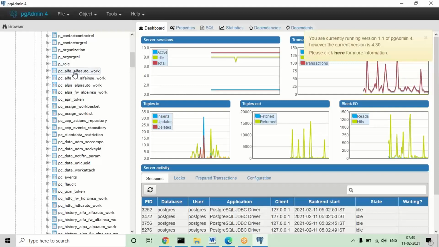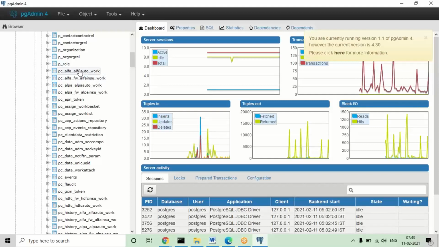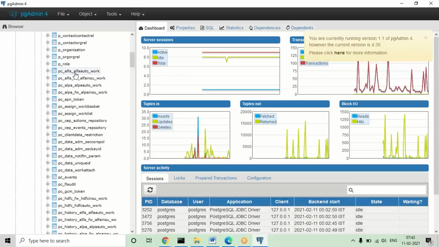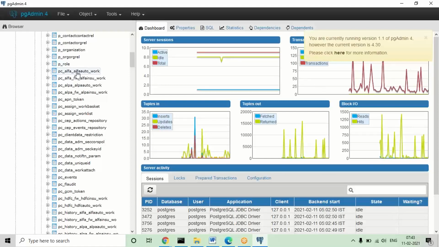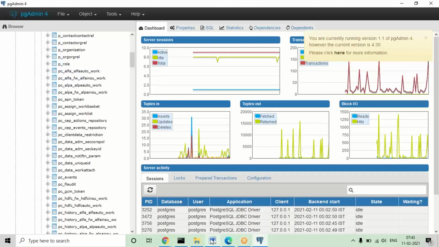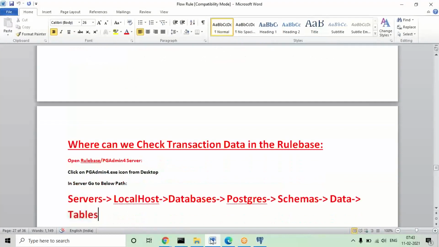If you give the same names, with that format, the table name will be PC_AlphaAuto_Work. With that name one table will be generated, and now you can open the table.